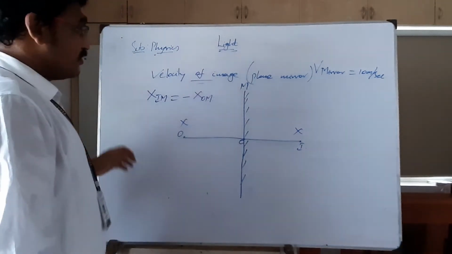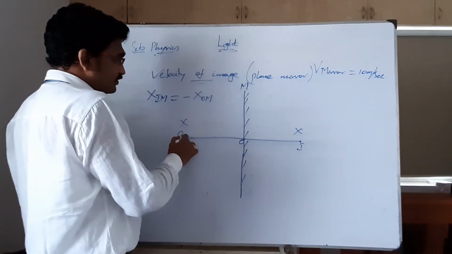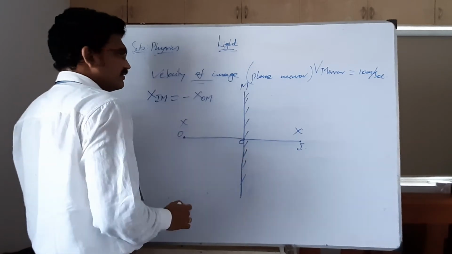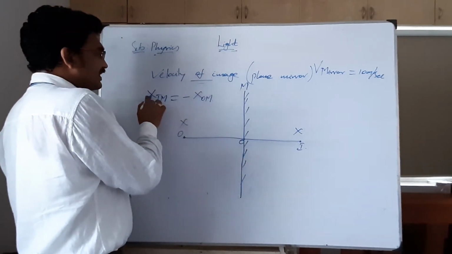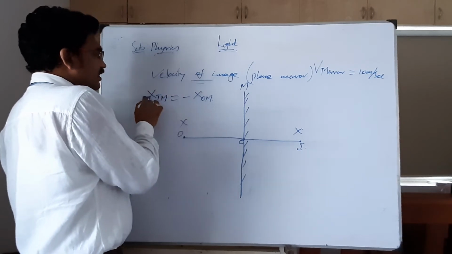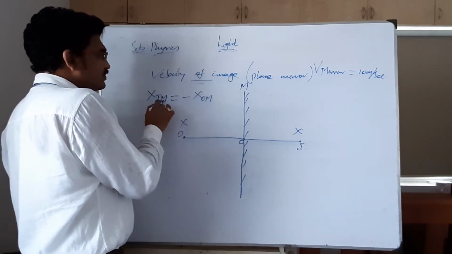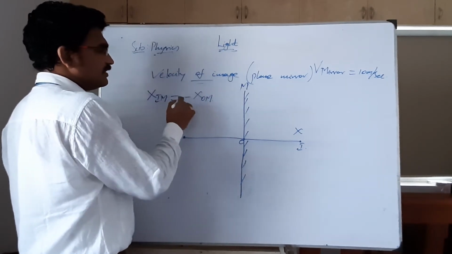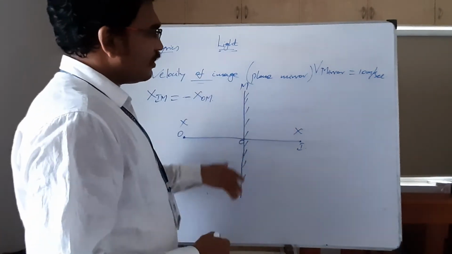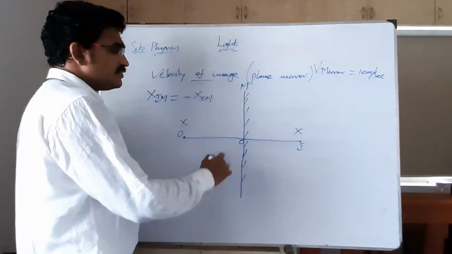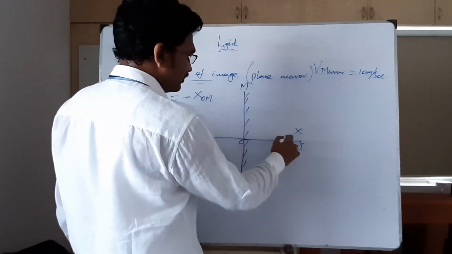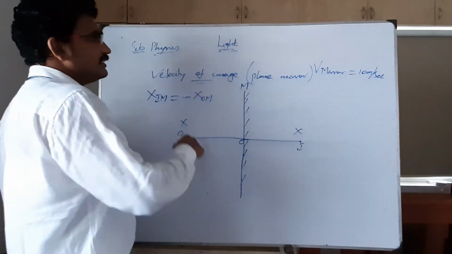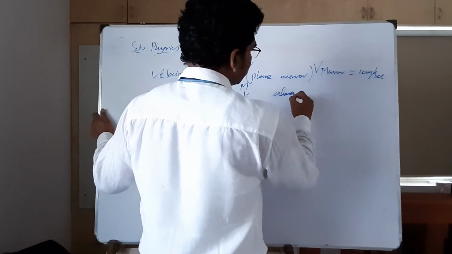Very simple. Means what I can say, this object is at a distance of x with respect to the mirror. This image is at a distance of x with respect to the mirror. So we can say this is the x coordinate of image with respect to mirror, and this is the x coordinate of object with respect to mirror. But why have we used minus here? Because both are in opposite directions. Image we are moving like this, positive, and object this. So this is along the x-axis. All we are discussing along the x-axis.